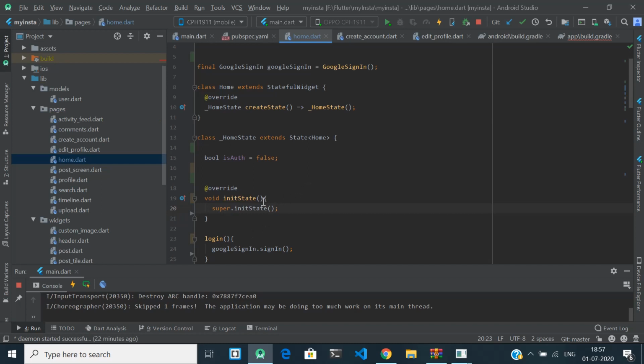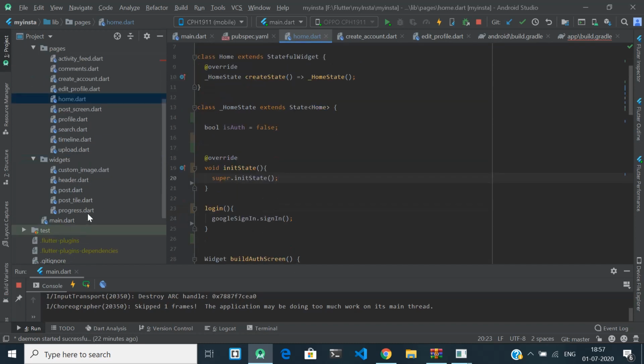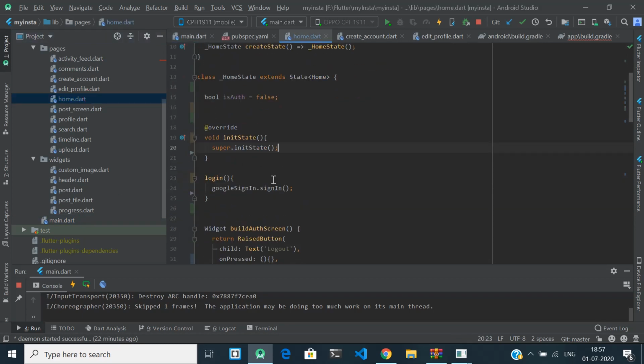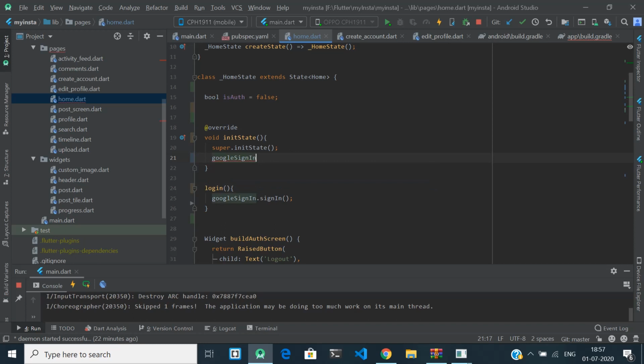So what this initState will do is, whenever you are calling home from here, you're calling this screen, this function will execute definitely. Okay. So you have to make a listener here so that whenever the card is opening and you are clicking on any email, the listener should listen from the account and get the account details from Google. So how we can do this is GoogleSignIn dot, you have to create a listener on onCurrentUserChanged dot listen. What it will do is it will take the account, like if you are clicking on an email account, it will take that account here as an object.